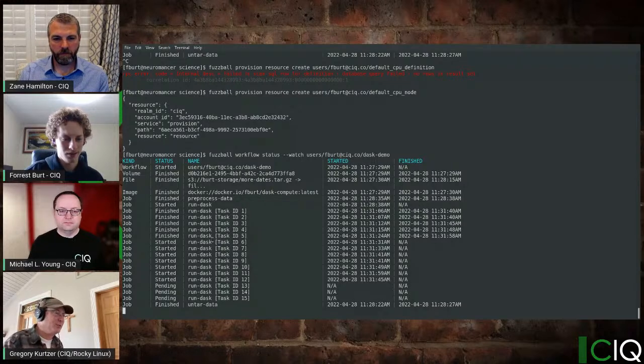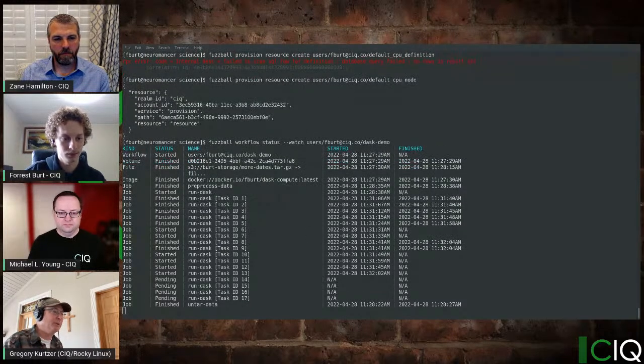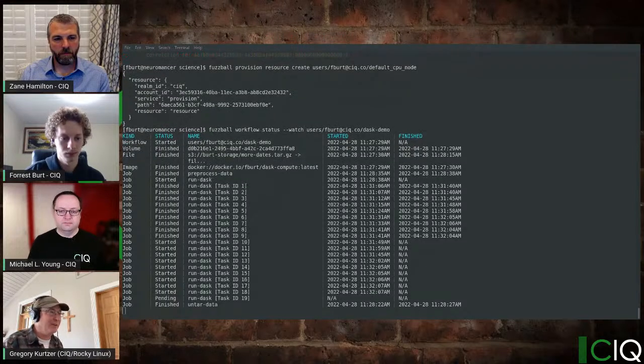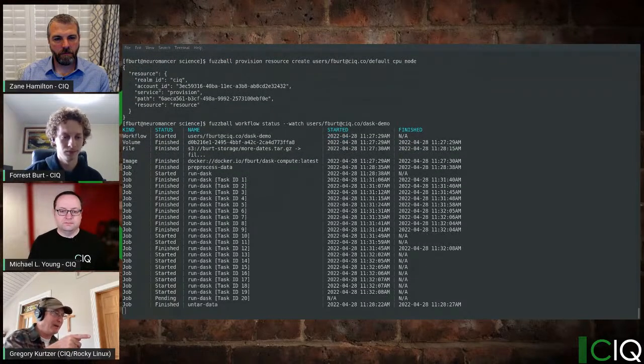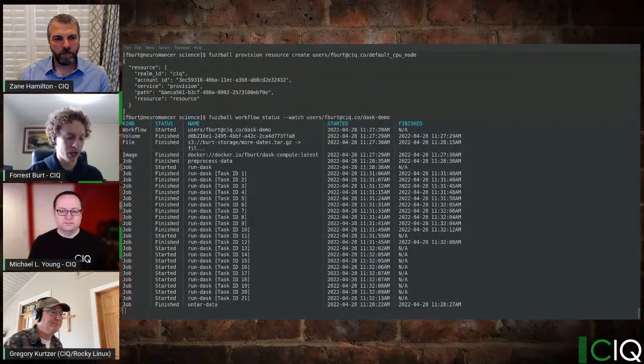And it looks like it's reusing those nodes. So nodes that have already spooled up and been provisioned, it's not shutting those down and then restarting them. So we're actually seeing them come back up much faster now. In this case, I want to point out that there are nuances to that depending upon where you're looking. But in the case of a task array, yes, it will just continually land those tasks on the resources it's already done,